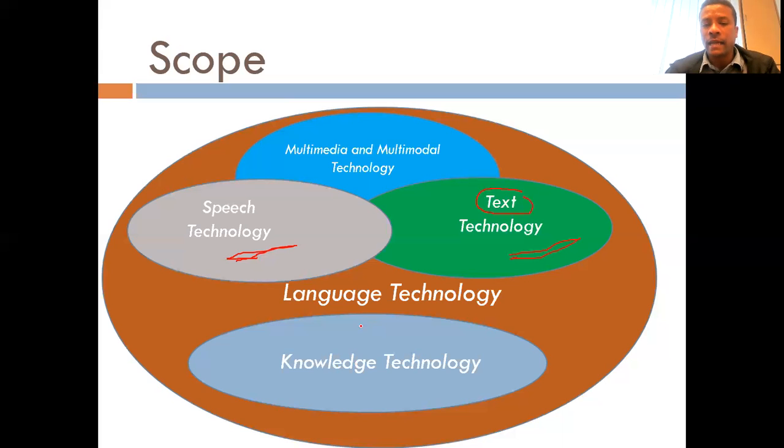But as I said earlier, in the task of language processing, knowledge technology is very important because language is a human phenomenon, and it depends on the knowledge that we have. Knowledge technology is concerned about the representation of knowledge inside the computer system, whether it's in a speech form or in a text form, how that thing is